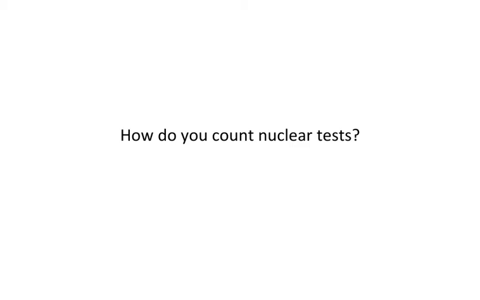So if you go on the internet, for example, and you start Googling number of tests, you'll get different numbers from a lot of those sources. And that's because they're using different counting methods to determine the number of tests or number of explosions. So what we're going to do in this course is use the Comprehensive Test Ban Treaty Organization data and just stick with it. And if we use different data, we'll let you know. I think that's probably the best way to do it.